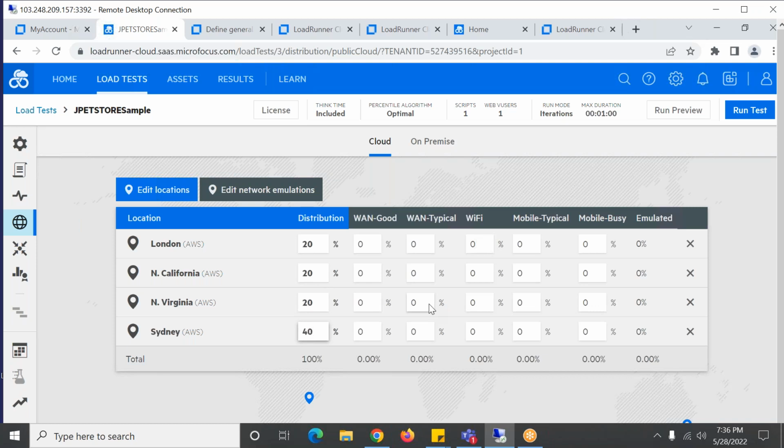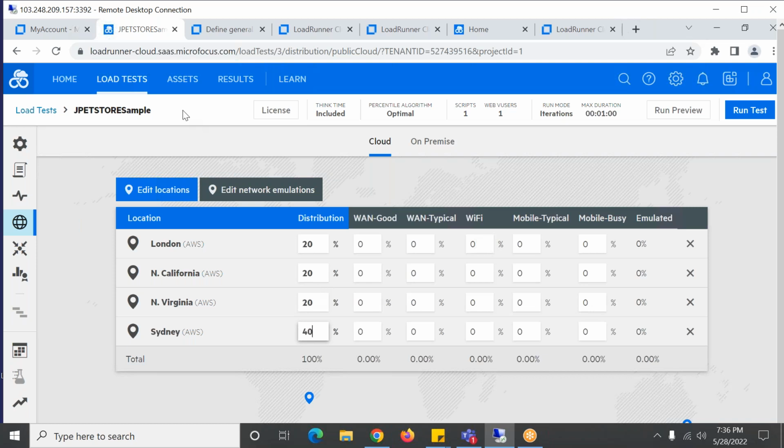No, there's no dependency. We are just taking the scripts and running them like in Performance Center only, but we are using our LGs in the cloud. No, there's no such requirement.